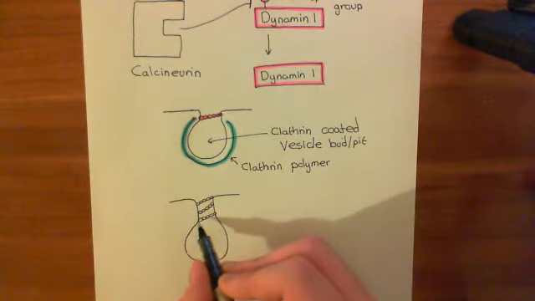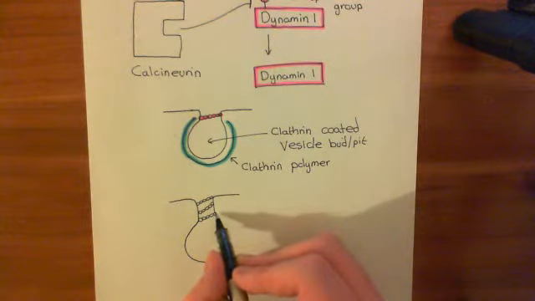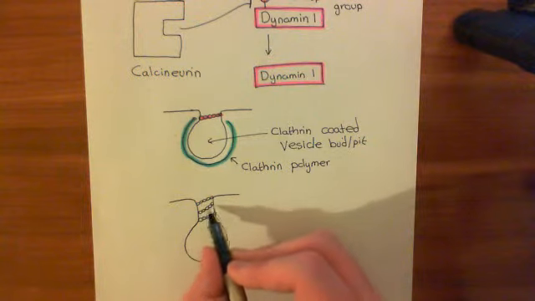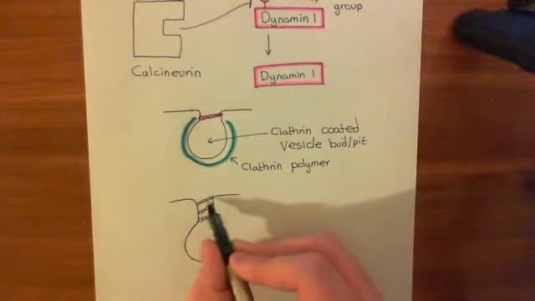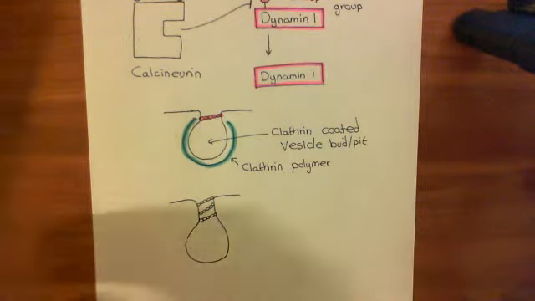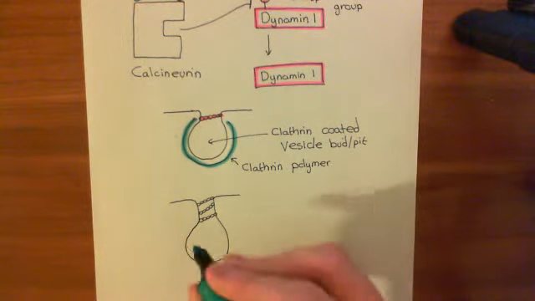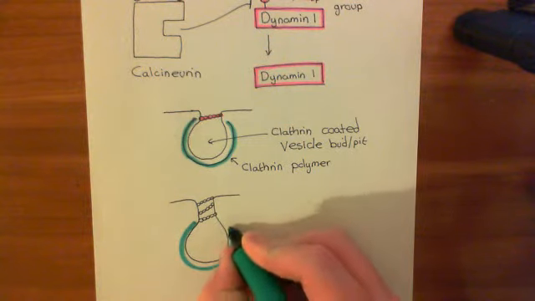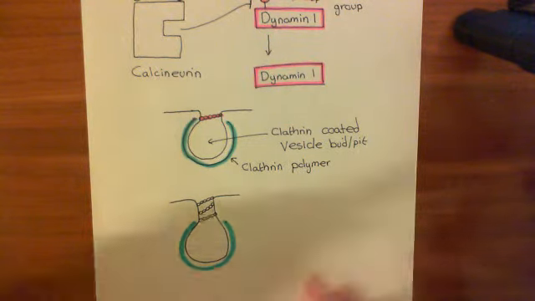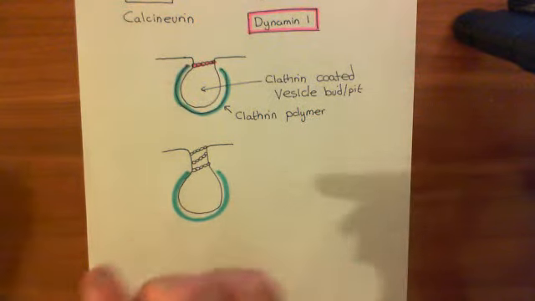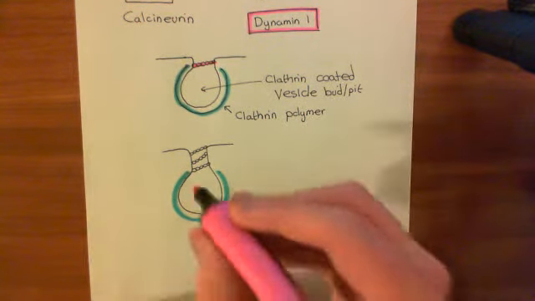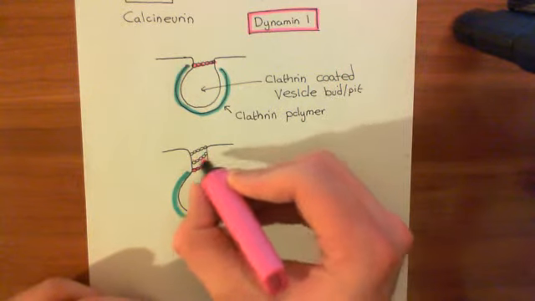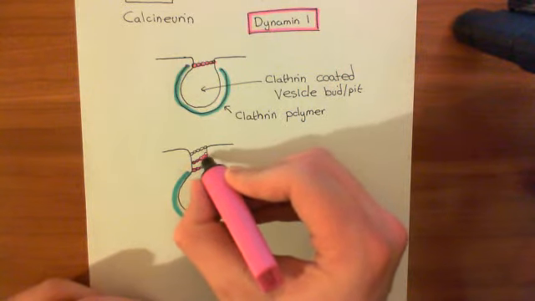I'm only showing you it from one side, so you're only seeing it going along one side, but it will go back round the other side, and it will come round to here, and it will spiral around that neck of the clathrin-coated vesicle bud. Okay, so here's the clathrin still coating the vesicle bud here. And these are Dynamin 1 proteins all oligomerizing together to form this spiral around the neck of the clathrin-coated